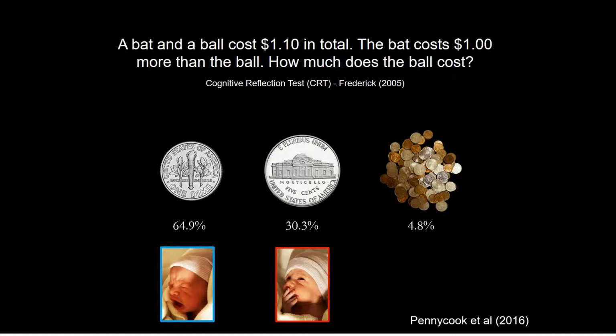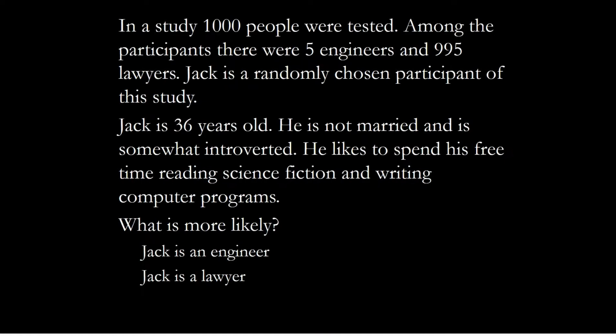So Gord has a million papers, basically. A good chunk of his stuff is what are all the things that CRT correlates with. And it's also superstitions and various other things. And most recently we had a paper together that showed that people that are more likely to say 10 cents on this problem are worse at differentiating between fake news and real news, and more likely to share fake news on social media. Anyway, the point is this is a representative example of these different thinking styles. Another one, one of the classic Kahneman and Tversky problems, is this: